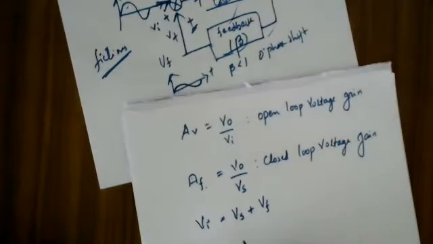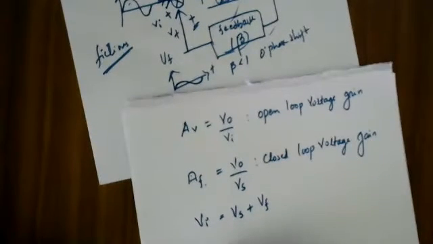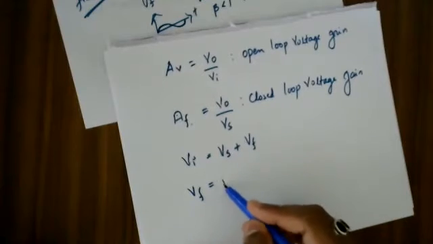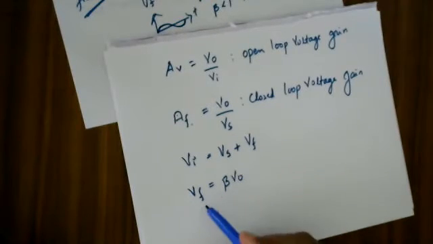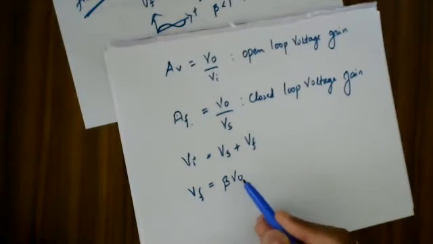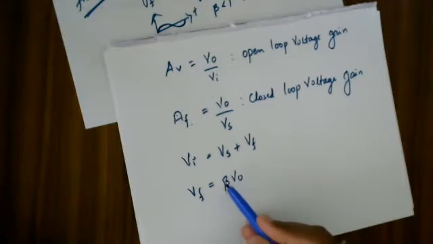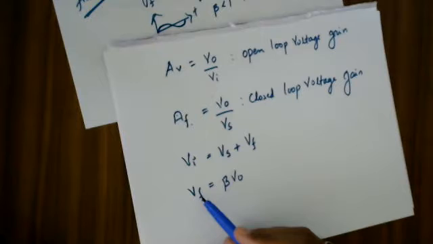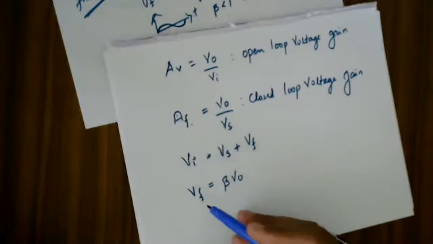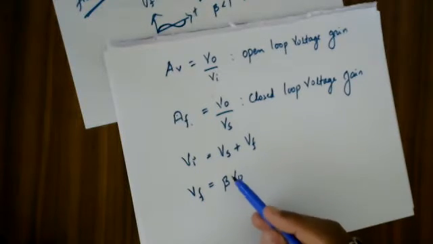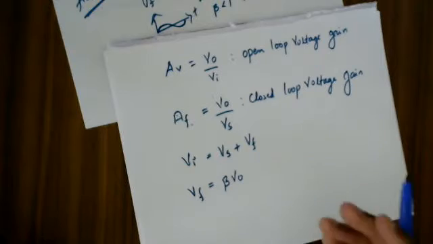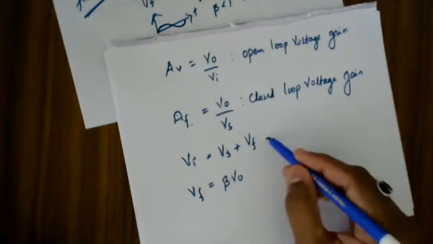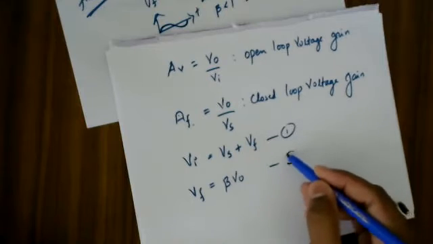Understanding? Now, what is this Vf? Vf is a feedback voltage, where I can write Vf as beta times V naught, because Vf is indicating part of the output voltage. Since the beta value is less than 1, this conveys that the voltage I'm going to feed to my summer or mixer is a portion of your output voltage V naught. Understanding? Let me call this expression number 1 and this expression number 2.